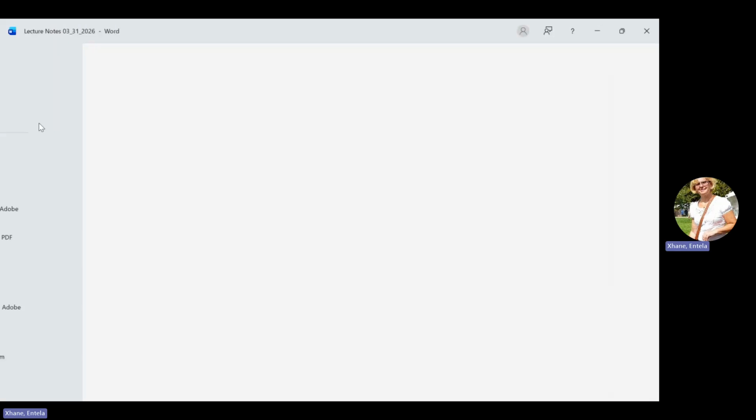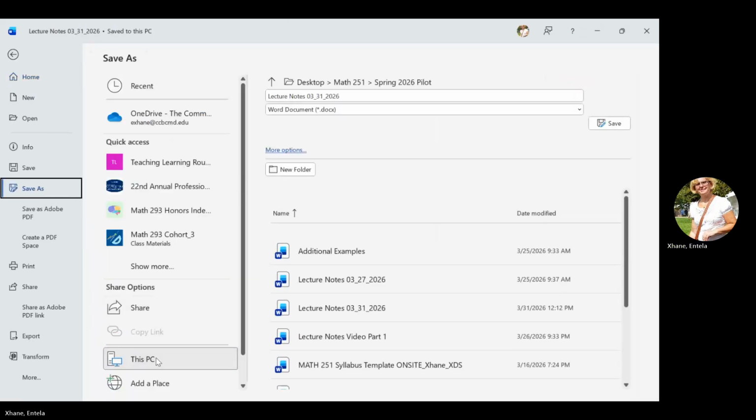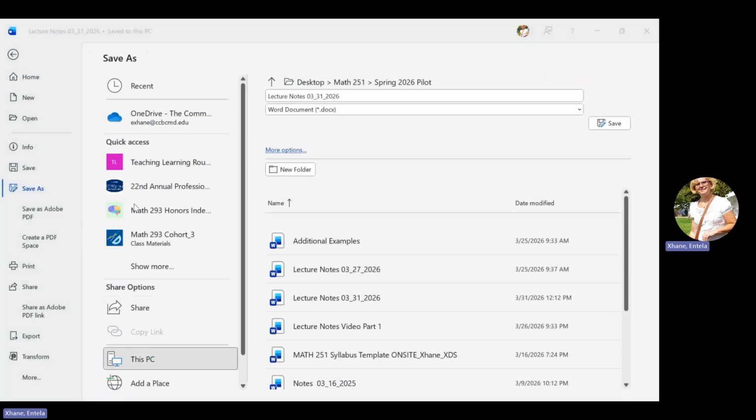And these are all the examples that define precisely the limit at infinity, and then the explanation of finding the limit at infinity algebraically. So let me save this. I'm going to save it as a PDF file, post it in Brightspace, upload this video so I can generate a link, and then